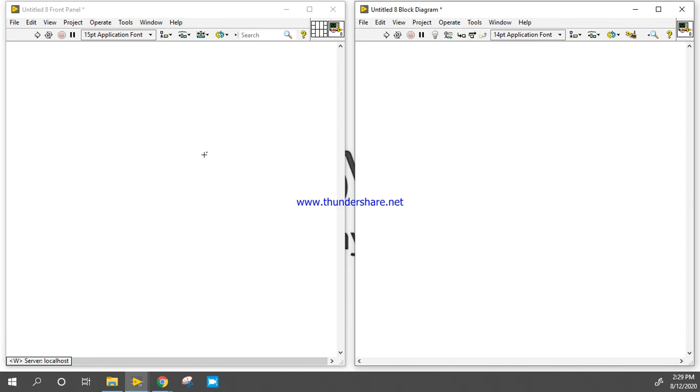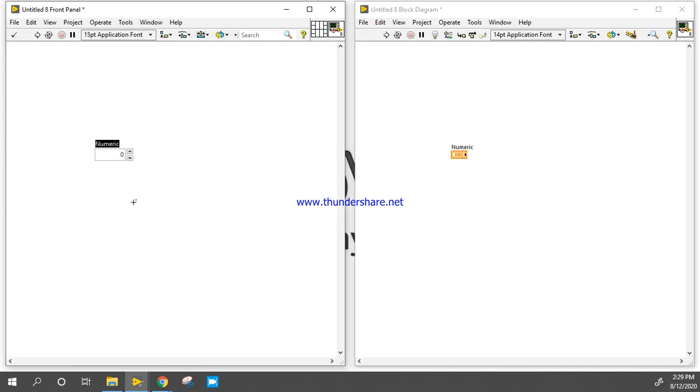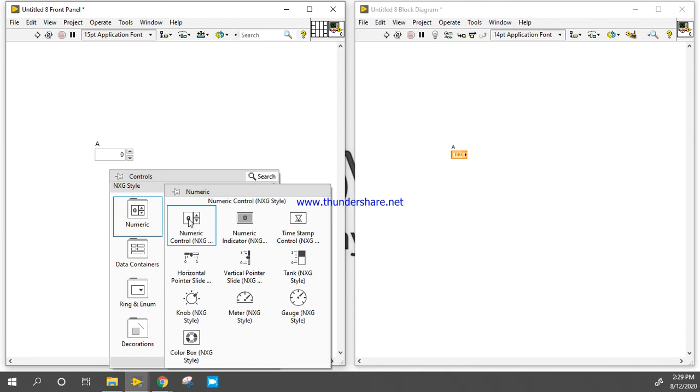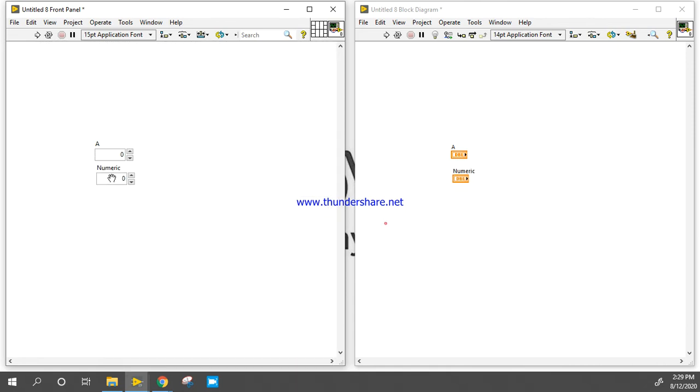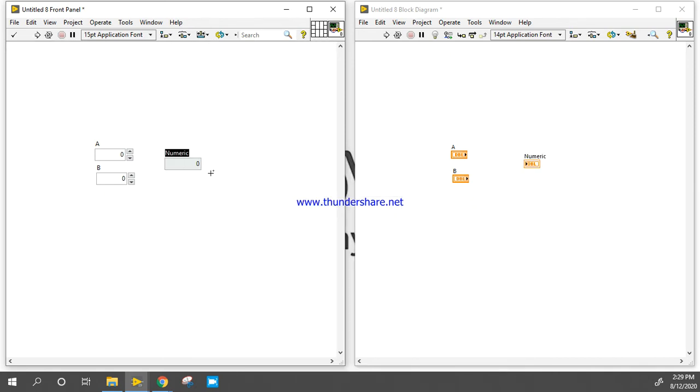So now let's design one small program for the average of two numbers. For that, right click, take one numeric control naming A, take another numeric control naming B, and the output will be the average, A plus B divided by 2.